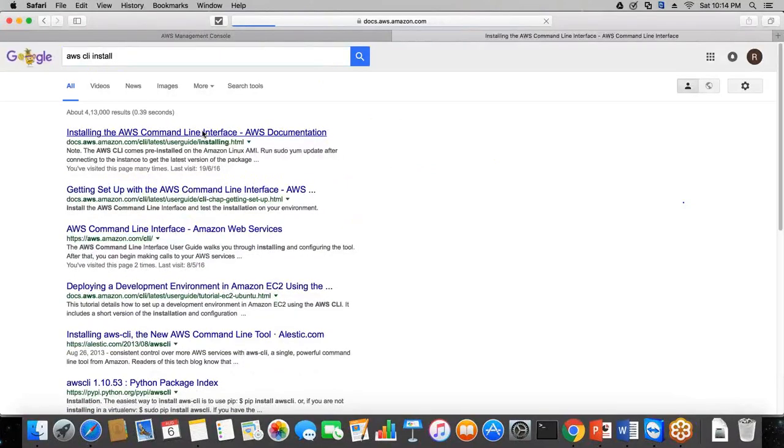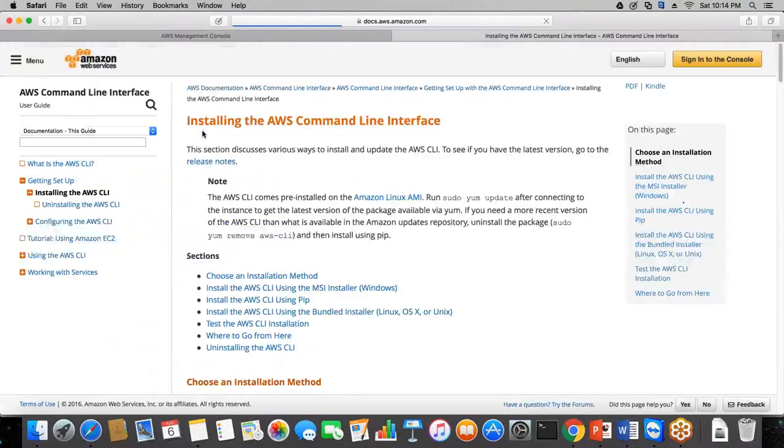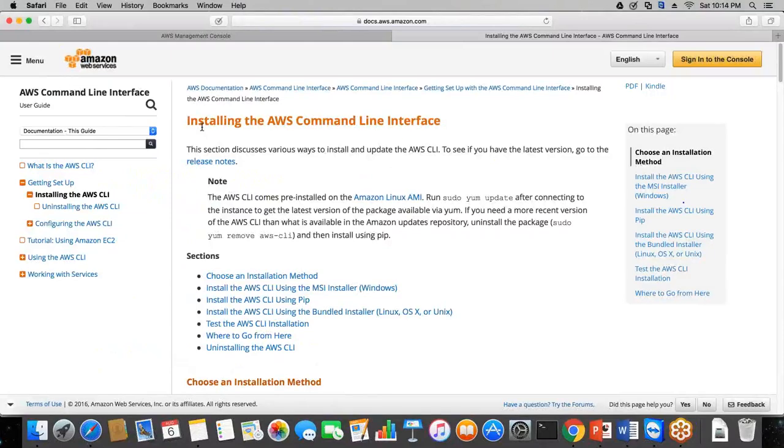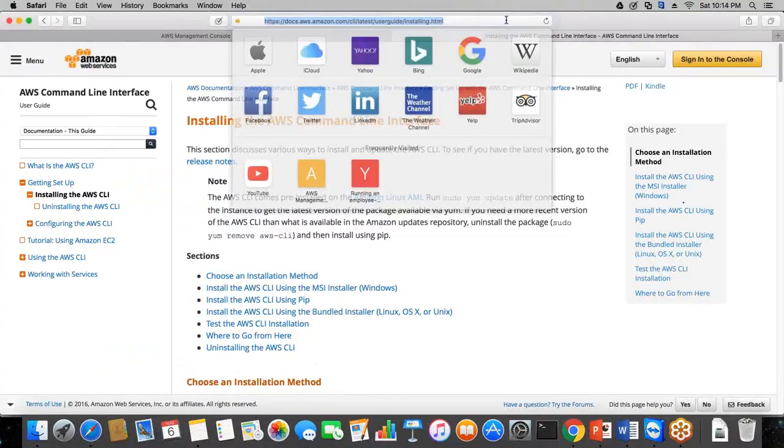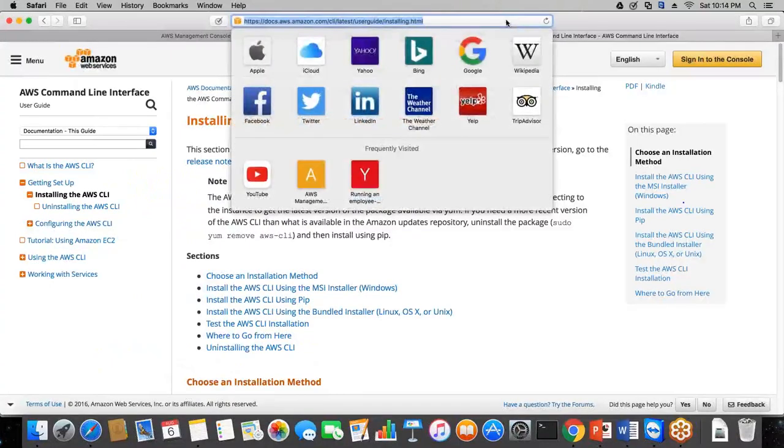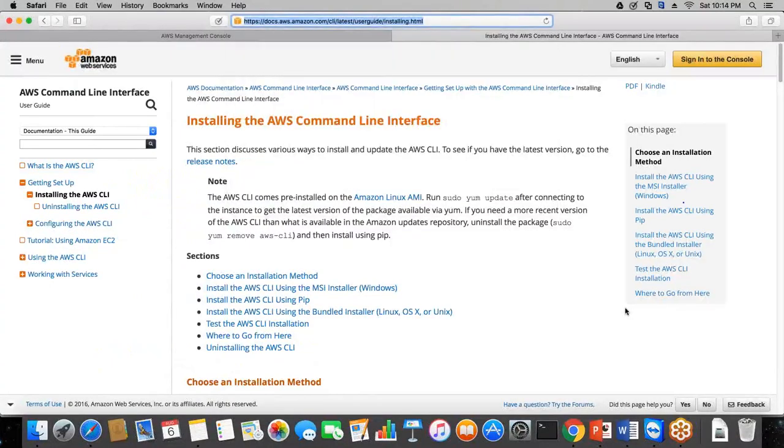The first result that you will get contains the entire documentation on how to install the CLI on your local machine, laptop, or the desktop that you're working on right now. I'm just copying and pasting this link for you in the chat window so that you can go through it. Right. Now,